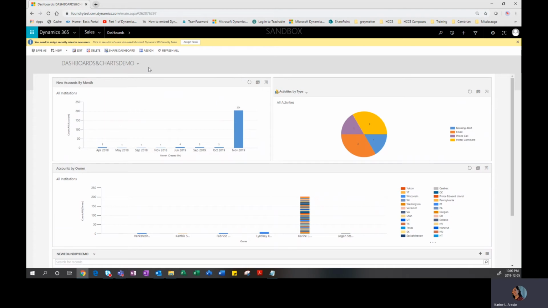Okay, so for the purpose of this demo, I've created a dashboard and I've called this a personal dashboard, and I've called this dashboard Dashboards and Charts Demo. Okay, so in this dashboard, you're going to see that there are multiple different charts